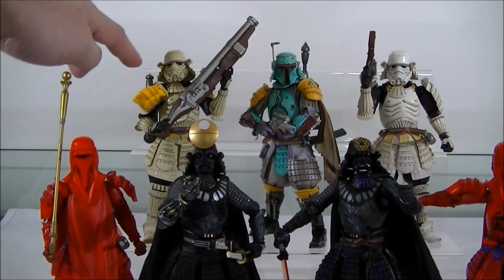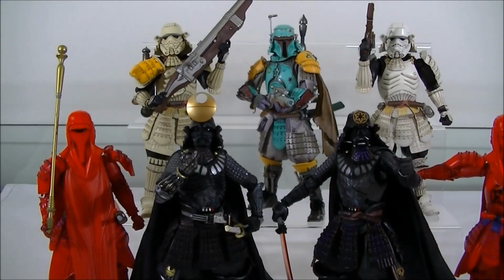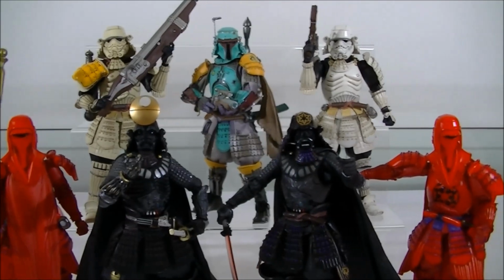At SDCC, they did tease, and they have released the Black Pauldron version special edition, which also has a white pauldron that you can swap out. So I'll definitely try and see if I can get my hands on one of those. And they also have the, I can't remember what the exact name is, but they've got the flag bearer also released that I've pre-ordered through BBTS. And they also have displayed the new archer and spear thrower, I think. I'm not sure if that's the right term, but they've got those couple of figures coming, and they've also shown